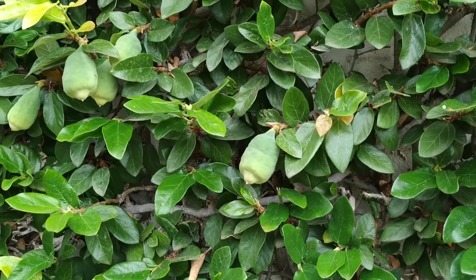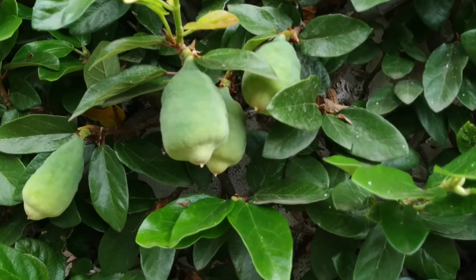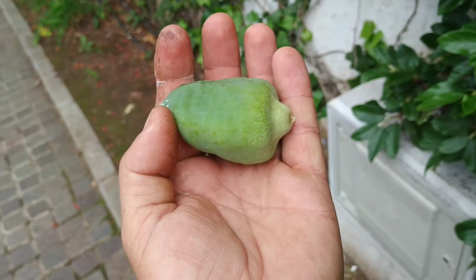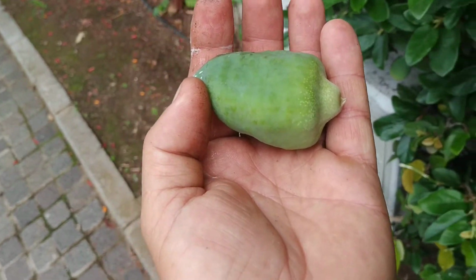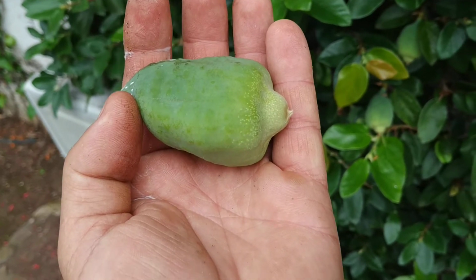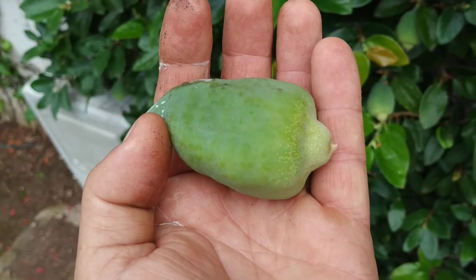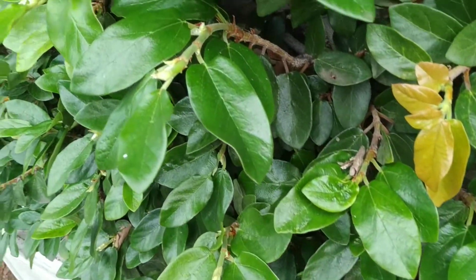Well, fortunately, pretty much everything where Westerners say it's non-edible, the Chinese and their neighbors have found a way to eat it. And this is no exception. The Chinese actually eat this. They even have a nice story how they discovered that this is edible, and they're gonna tell you this story. So the story goes like this. There was a rich merchant who was traveling through the countryside and who stopped at a river bank,